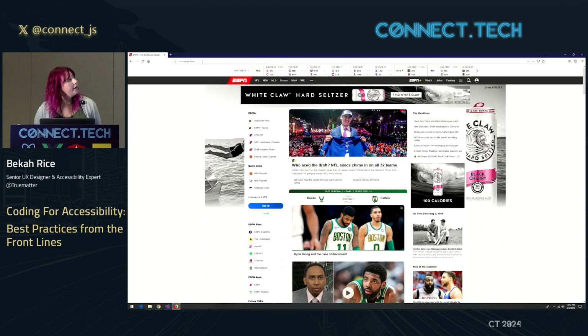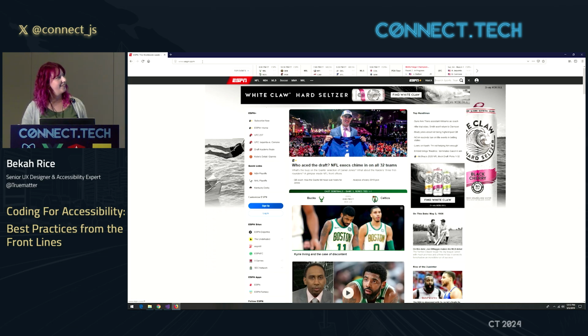And so here, kind of an older version of the ESPN site. I made sure you could hear my keyboard and not the screen reader because I am tabbing through the whole site. If you can guess where I am without looking down here, you win a prize. So I finally got to the search bar and it did something and that told me where I was.